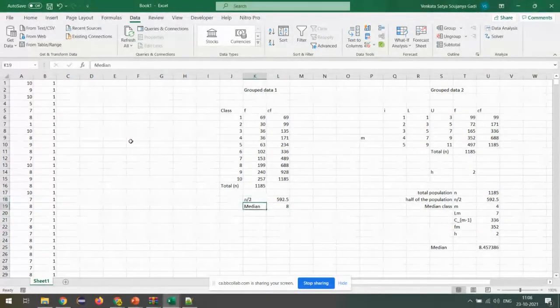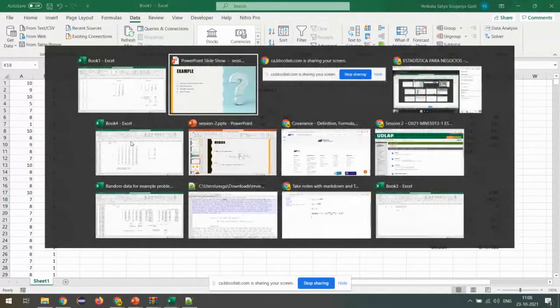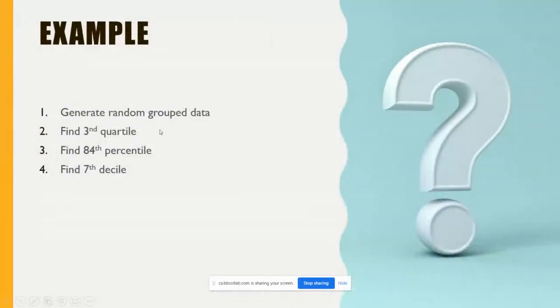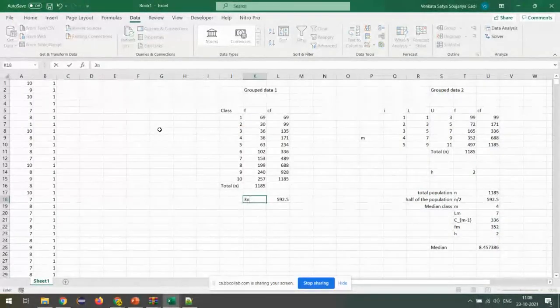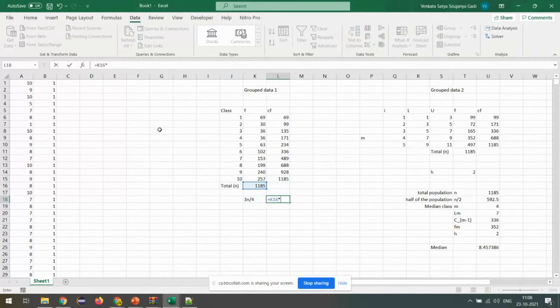So let me remove the median. The quartile, right? The quartile is, how do we say, it's 4 pieces. For the third quartile, we need 3/4 of them. So we need 3 times n divided by 4. That's what I want. We already know n, so we need n times 3 divided by 4. So the percent I'm looking for is